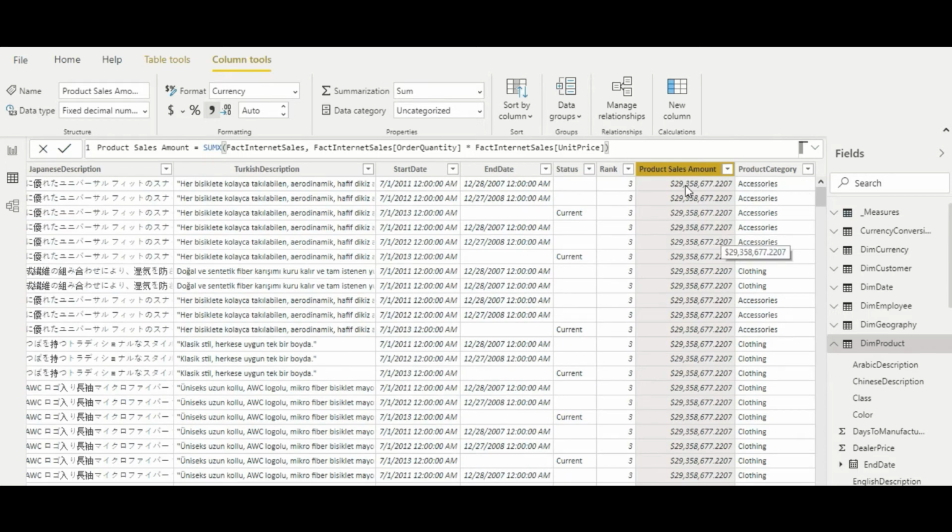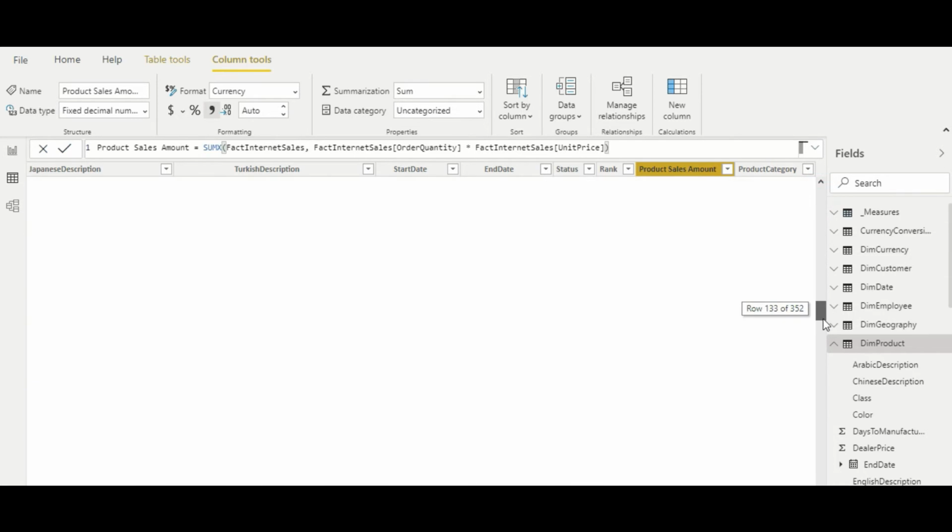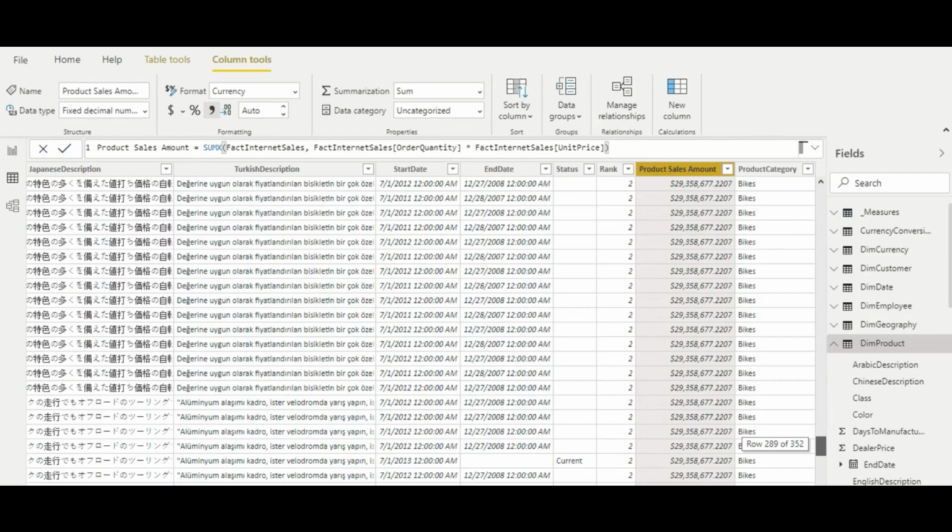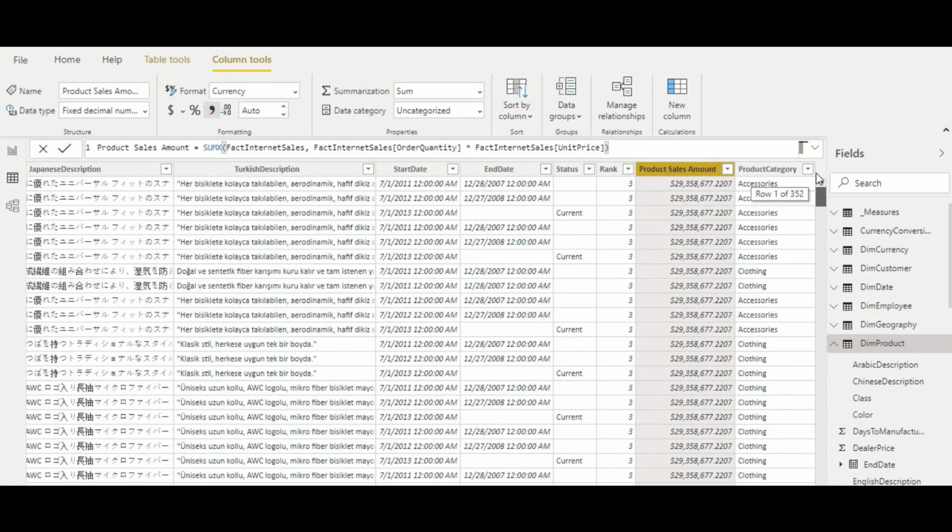Okay, so friends, the column is now calculated and as you can see, we get the same value for each row. Can you relate why this actually happened? What we have done here is take the fact internet sales table, order quantity, unit price, and we are doing the sum of sales amount.